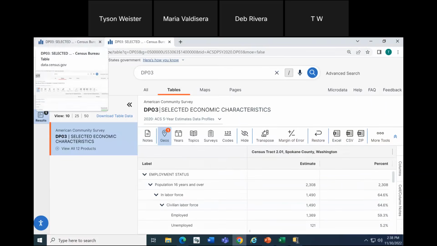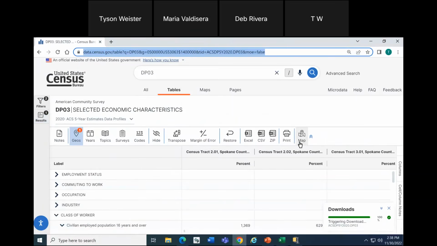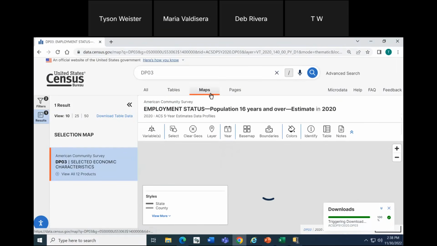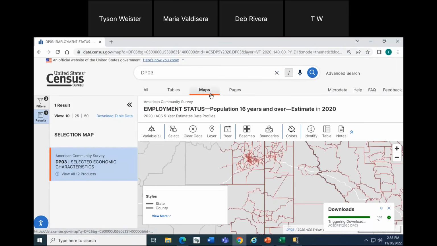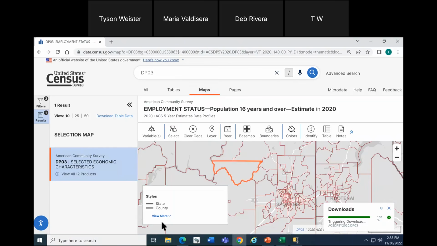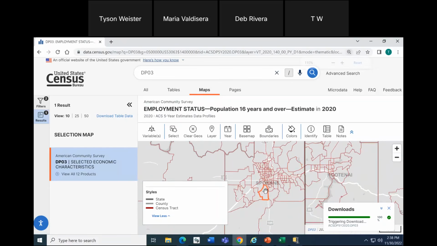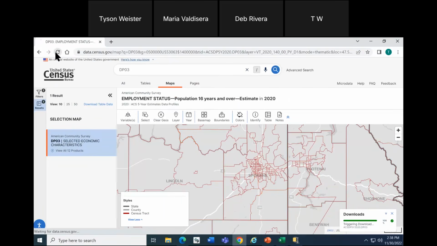And then as that's loading here, close out of that. I want to show you just very briefly the final button called Map. You can click the Map button or the Maps tab at the top, either way. You do have the option to map any data value that you see in our tables. So our maps are table-based. It has zoomed us into the census tract level. We're going to reload this here.